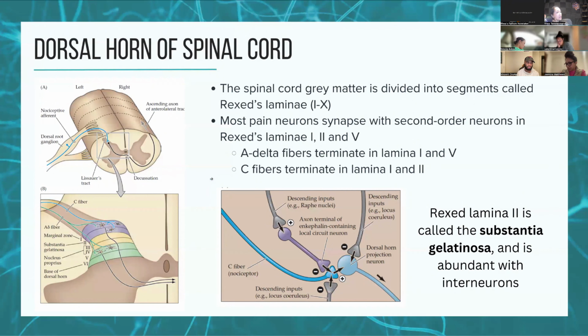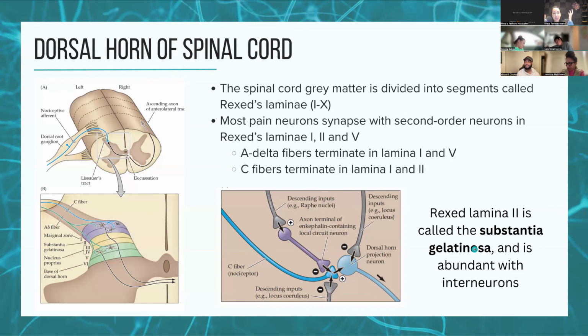Now, Rexed lamina 2 is really interesting, which is this second purple bar right here. It's an area where, when I talked about those descending pathways or decreasing pain, modulating pain, a lot of that is happening in Rexed lamina 2. And so it's given a special name called the substantia gelatinosa. I don't know why I just love saying that word, substantia gelatinosa. It's an often tested area: which area do the pain pathways or pain modulation occur in, Rexed lamina 2 or substantia